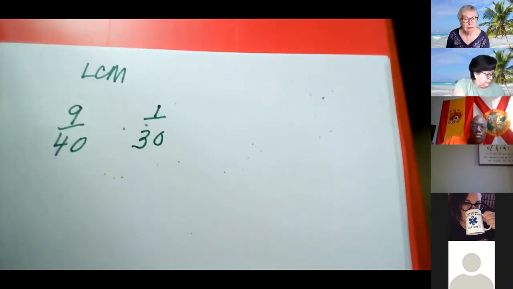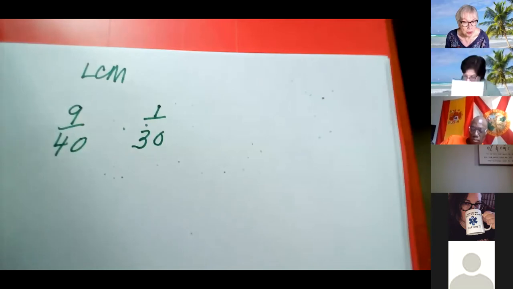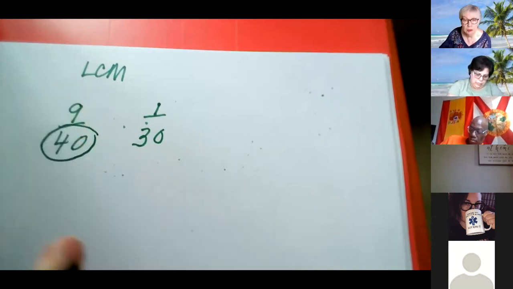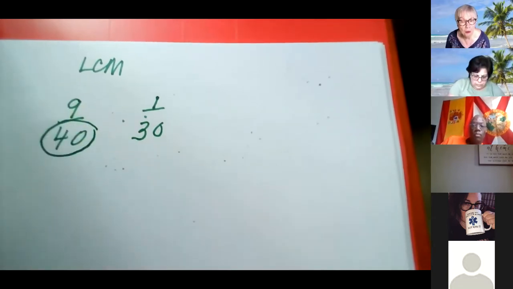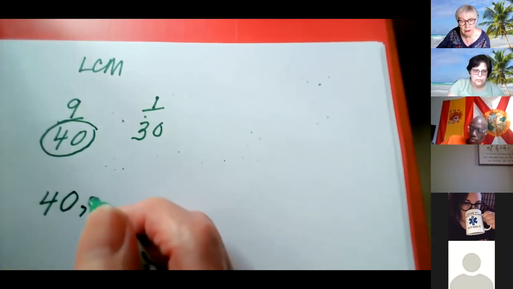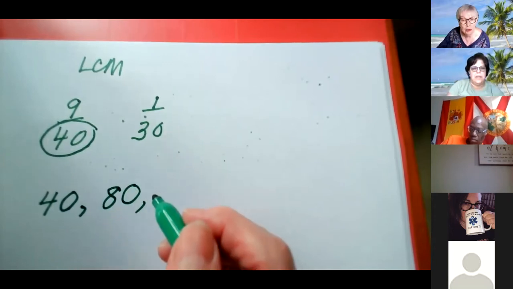Here's what I saw. They just want the least common multiple. Now we could do it with primes, or we could do it with multiples. And the way I would do it, if I did it with multiples, is I would do the multiples of 40, because you get there faster by using the larger number. And so the multiples of 40, 40 times 1 is 40, 40 times 2 is 80, 40 times 3,